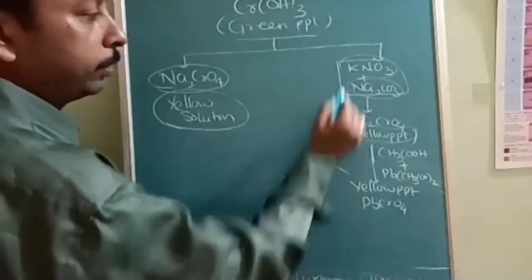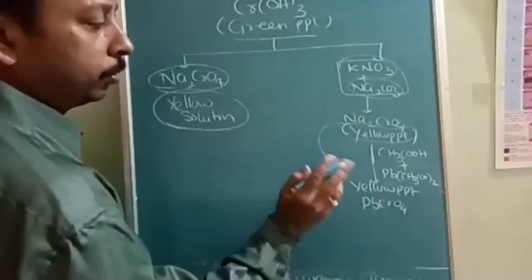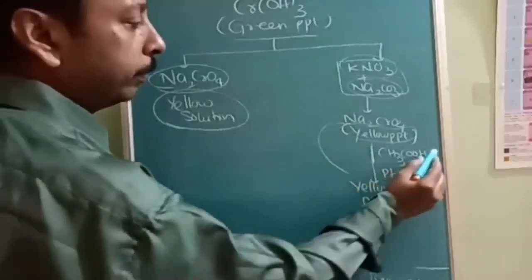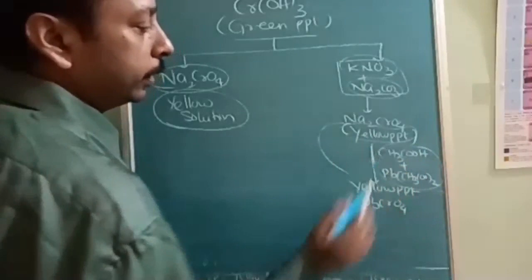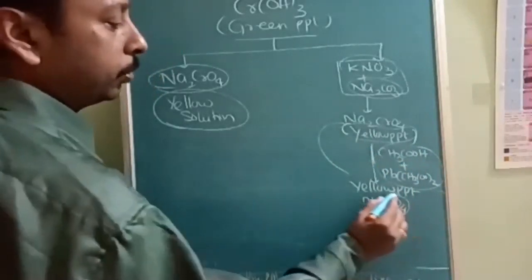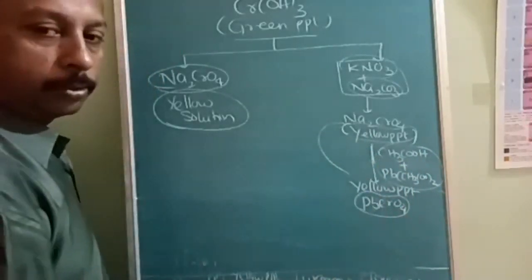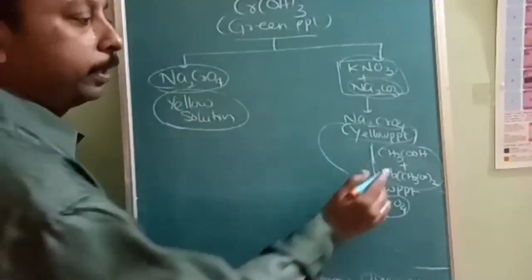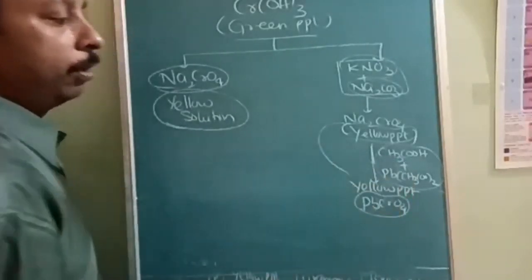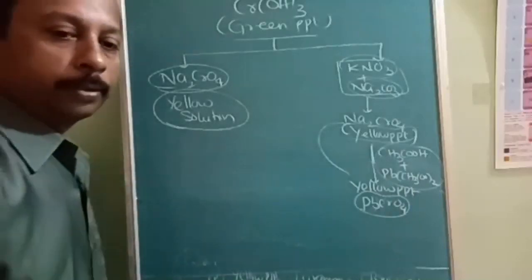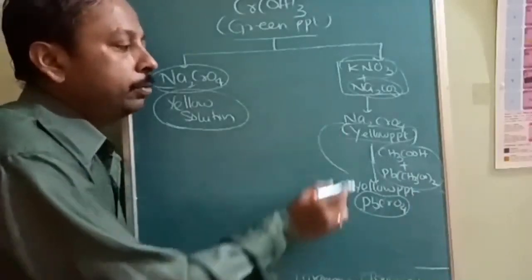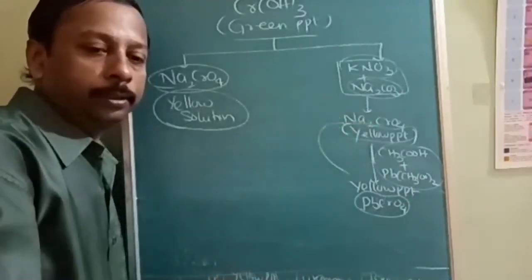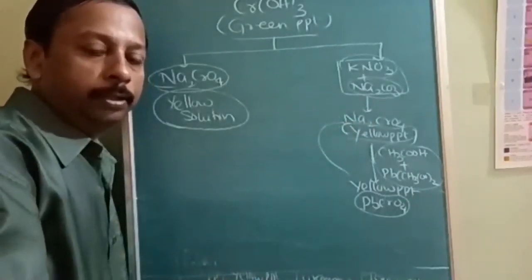This sequence we already got two times before. So chromium is further confirmed with lead acetate in acetic acid. Sodium chromate is converted into lead chromate by treating with acetic acid along with lead acetate. So that is also the sequence to be followed through KNO3 and Na2CO3. Is it understood? I think you have written the notes.